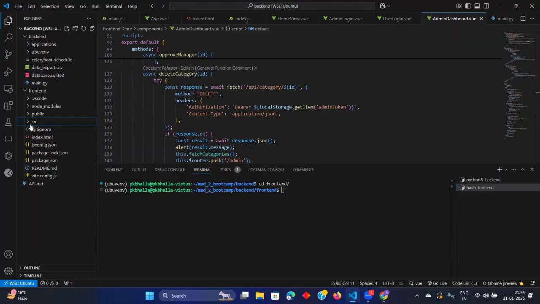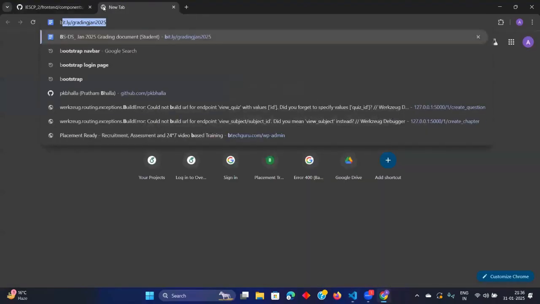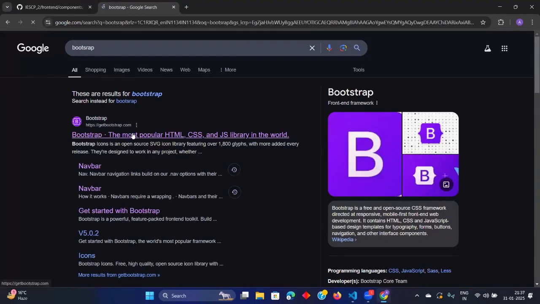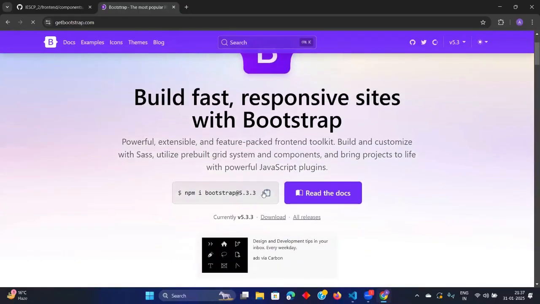But the thing is, the CDN and CLI are there for Bootstrap also. If you go to the Bootstrap page, what is it saying?